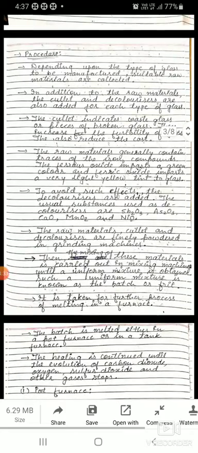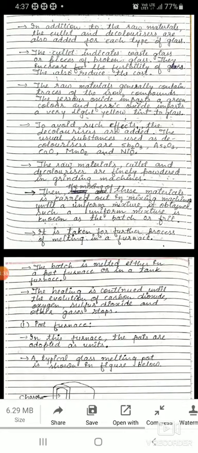They increase the fusibility of glass, and they also reduce the cost of the specific production of that glass.